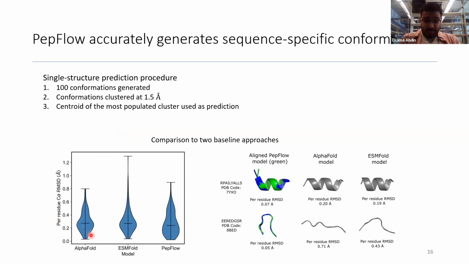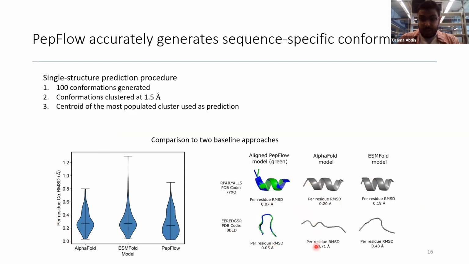You could make an argument that PepFlow is slightly better, but the performance difference isn't drastic. Here are a couple of examples where PepFlow outperforms AlphaFold and ESMFold. In the first case, it captures a solid feature of the helix where it's not completely helical at the end, even though AlphaFold and ESMFold predict that. In the second case, it's a coiled peptide that PepFlow accurately predicts in the loop, whereas both AlphaFold and ESMFold